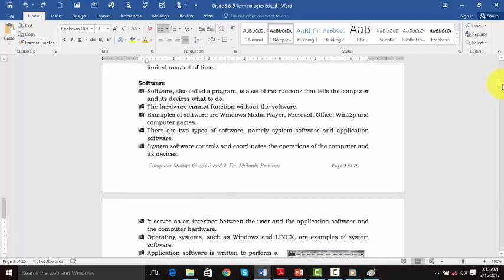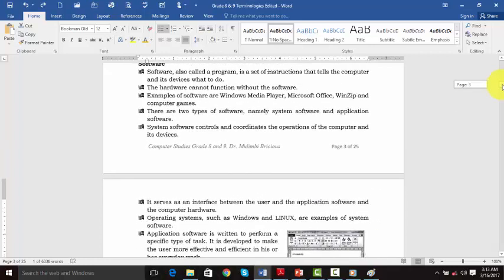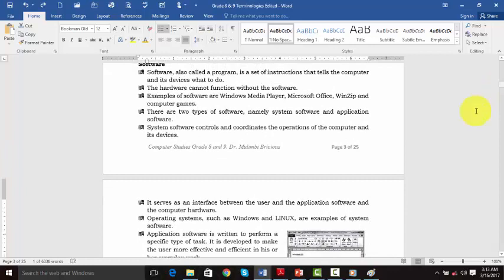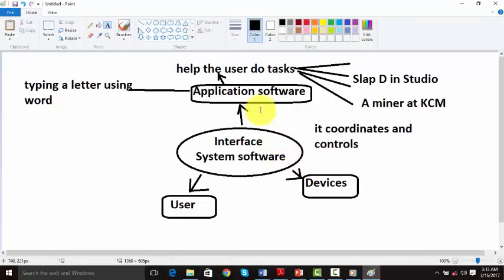Then we have also discussed software. Software, what we have said, is instructions or programs that tell the computer hardware what to do. We have also discussed the two types of software, that is the system software, which is also called operating system, and the application software. Then we had some illustrations on the difference between application software and the system software.